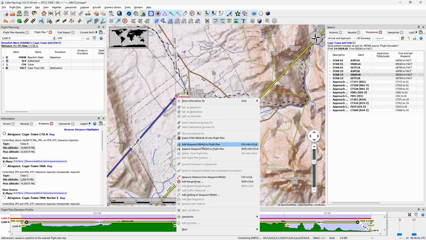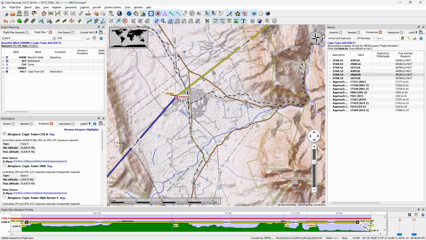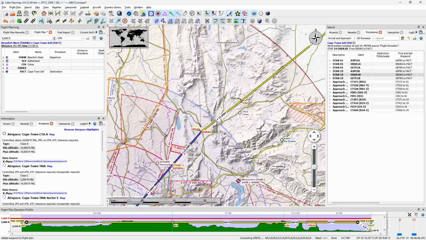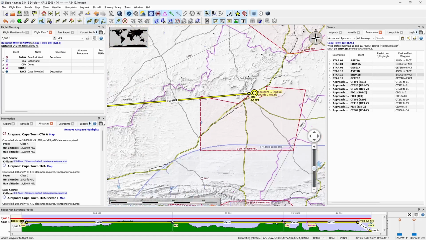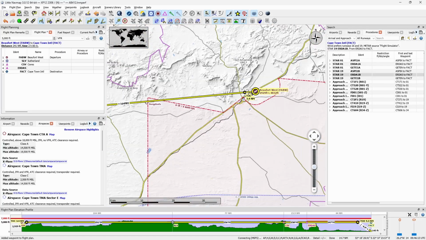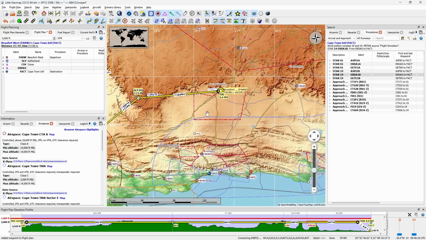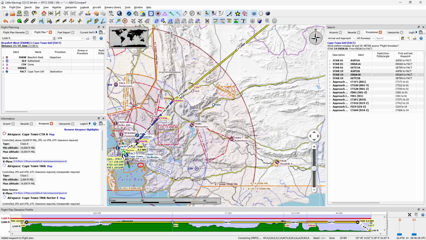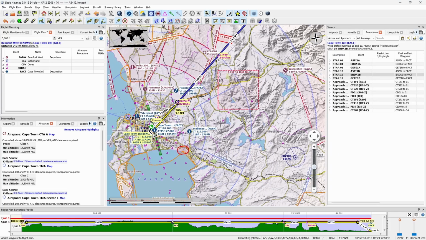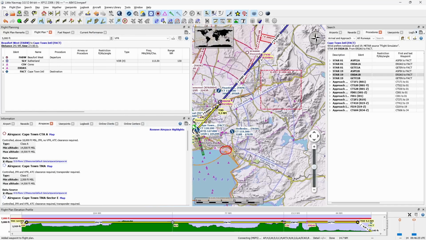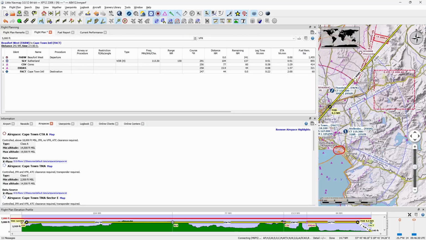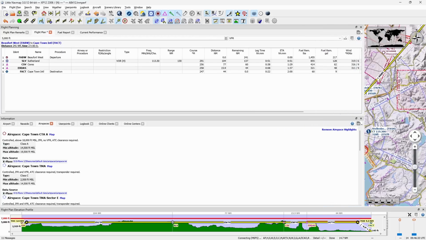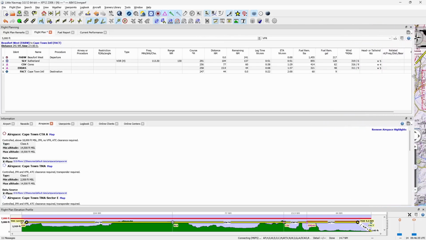So since we have already opened that option, there you go. Now you have your flight plan, and it would have been the same thing if there was a departure procedure for the airport you're departing from. Okay, so there is our flight plan. And if you want to have all the information here, this one you can hide, you don't need it anymore. All the information that you will need,